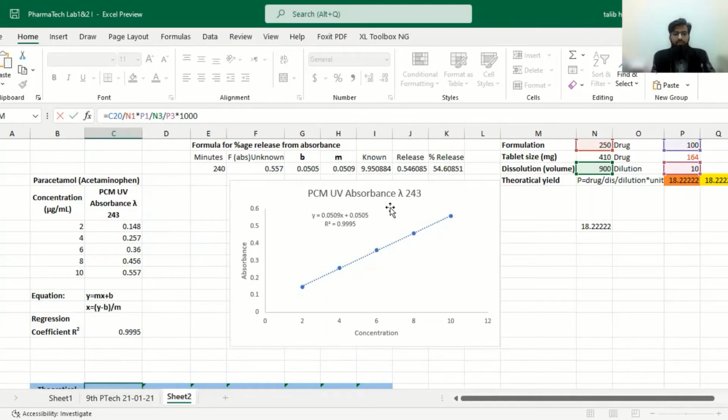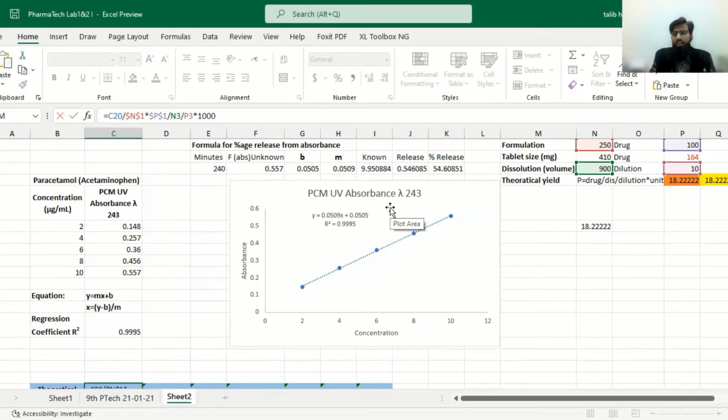For fixation, we apply dollar marks before column and before row also. Similarly, for the next value, which was the amount of drug, it is also fixed and written in a single column. So its column and its cell will be fixed by applying dollar marks.